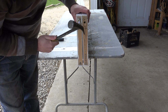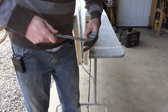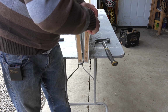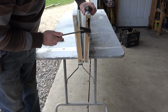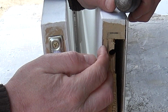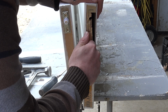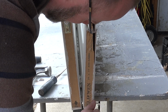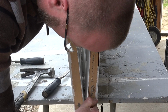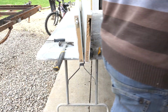Don't want to wreck this. This one's in a little more solidly, but it does need to be replaced. So let me just hit it here, see what happens. Now it's moving. Don't want to crack this front veneer of the door. You can see it's starting to crack the veneer, but now it's splitting the veneer. So let's just make a cut line. See, it's kind of splitting here. This is going to get messy if I don't get it right. See, it's ripping that. Maybe this is time to use my...